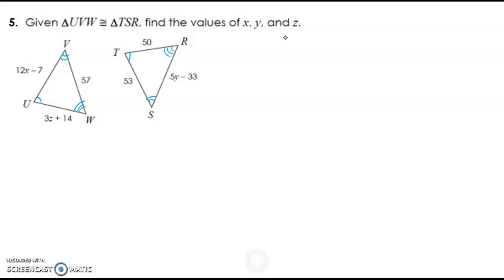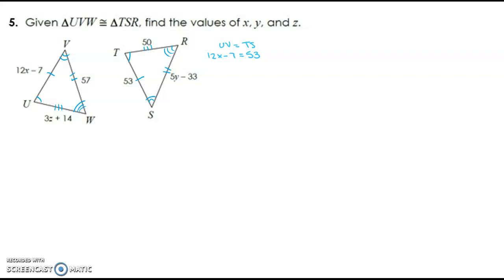Okay, UV is congruent to TS, and VW is congruent to SR, and then lastly, UW is congruent to TR. Okay, now given this information, I'm going to start setting up equations. So my first one that I'm going to set up is UV is equal to TS. So since I know that UV is equal to TS, I can set it up as 12x minus 7 equals